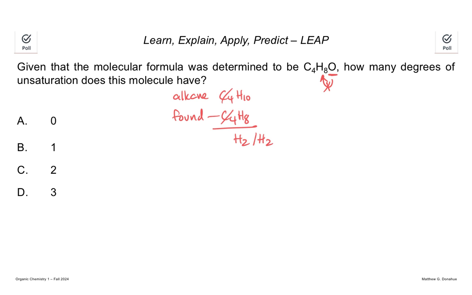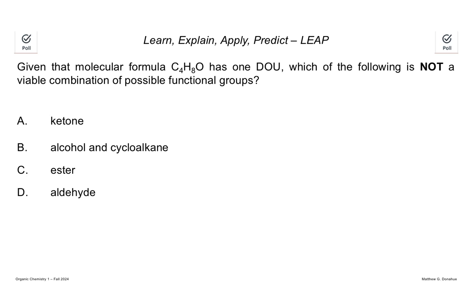We divide that by 2, so we get 1 degree of unsaturation. So if you had that molecular formula, 1 degree of unsaturation,